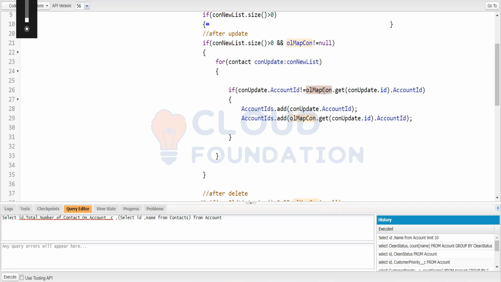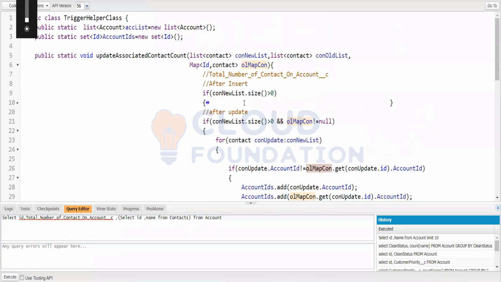Old map will be a null value, no? Because on the insertion we don't have this value. You understanding why it is giving the error? Because while insertion we don't have the old value, so it is giving me the error. Okay. So what we can do,